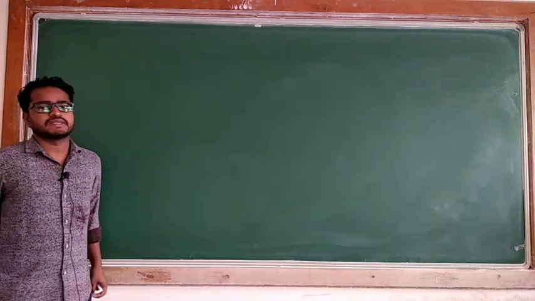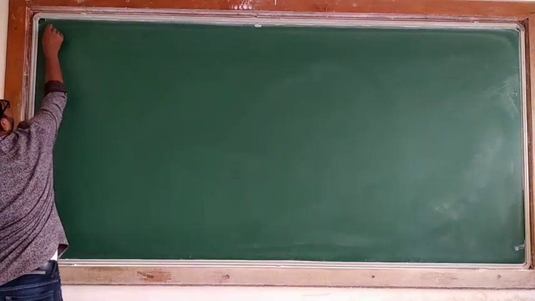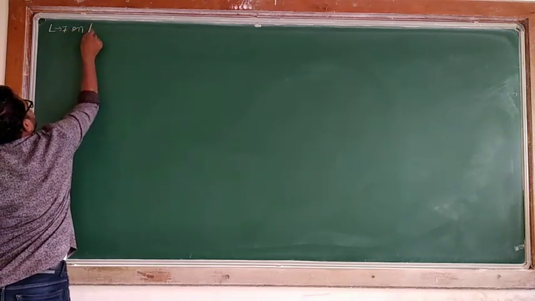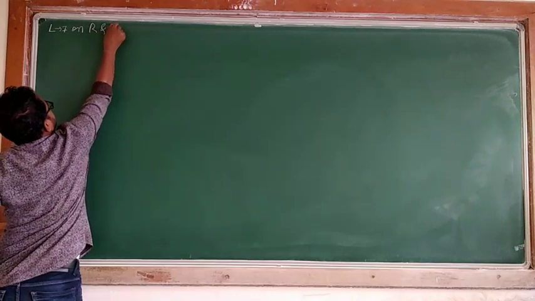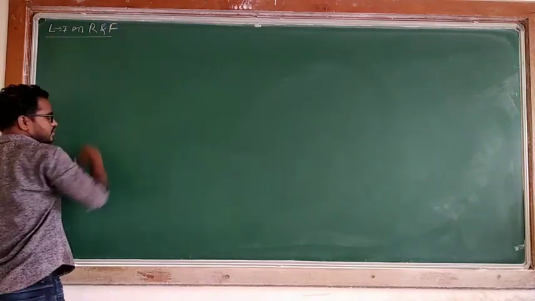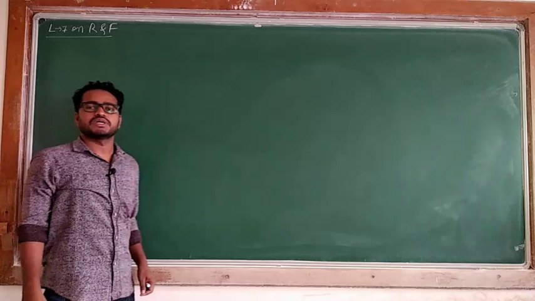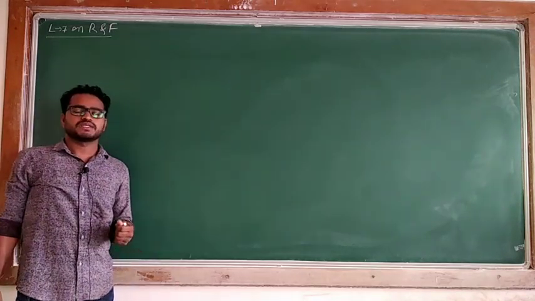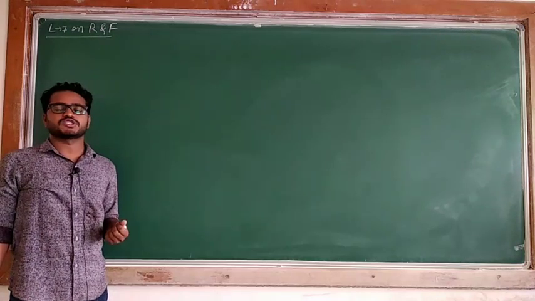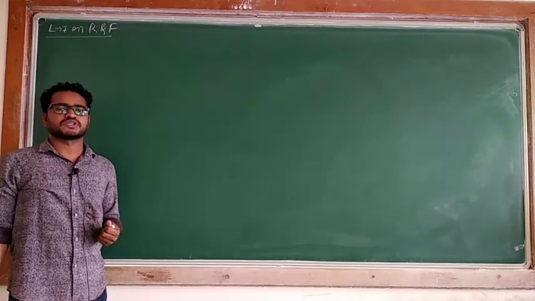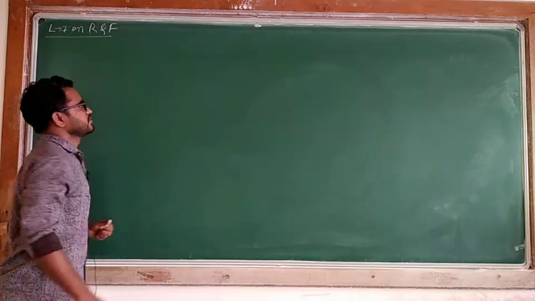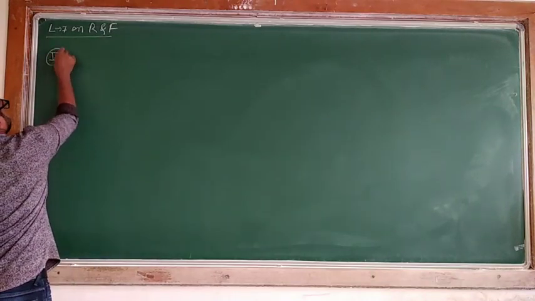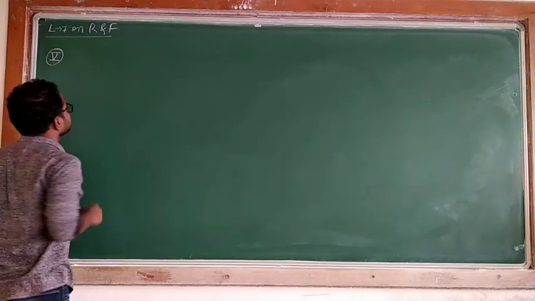Hello students, this is lecture number 7 on relation and function. As you know, in the previous class I discussed graphs. I had an identity function graph, square function, cube function and a constant function. In this class I will take the fifth one. Four graphs I already did in the previous class.